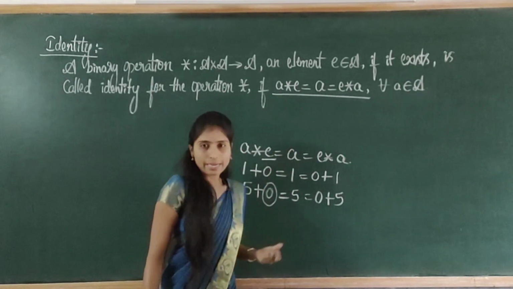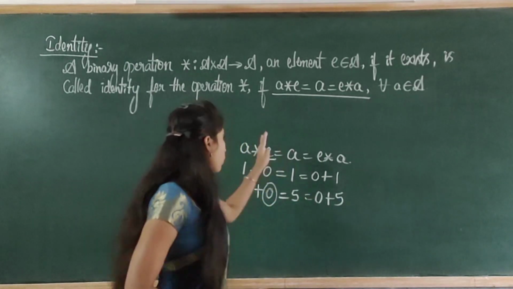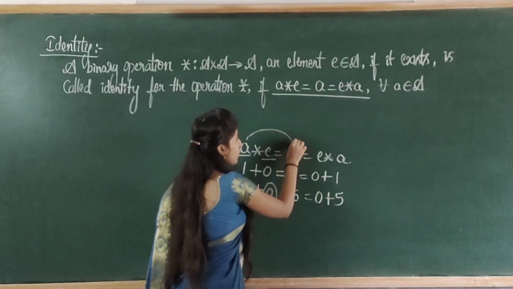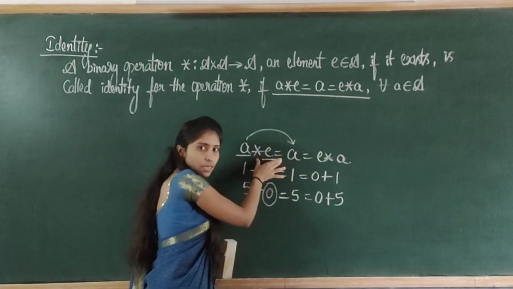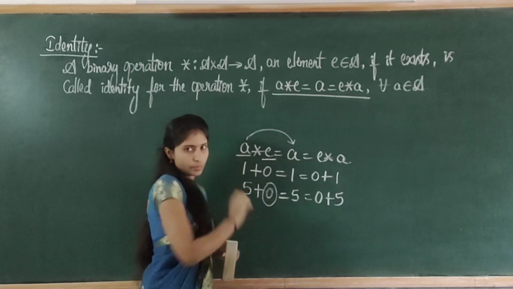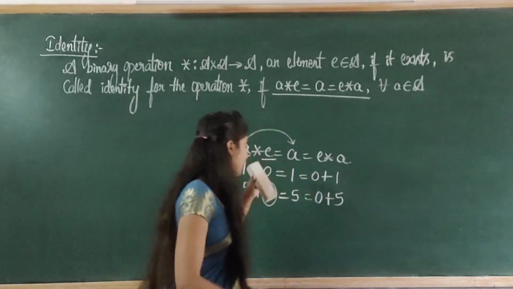Okay, so this is the identity element. Identity means it doesn't want to lose its own identity. If you put A, you will get A only, but you have to select such an identity number that you will get the same number or its original number. Okay, this is the identity element in addition.